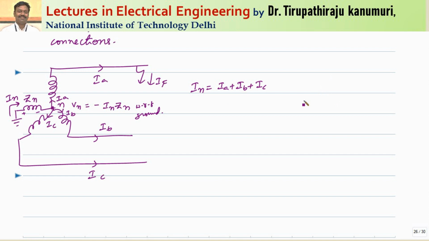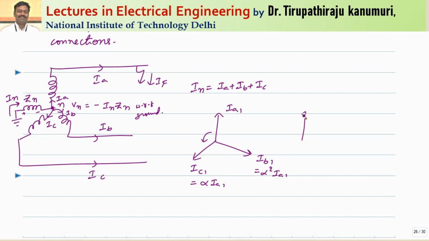You agree with me? So sequence components we have already seen, the positive, negative and zero sequence component. Positive sequence component current can be represented like this. This is IA1, and similarly this is IB1 and this is IC1. You can see IC1 is leading this by 120 degrees, so I can represent it as alpha times IA1. And here this one is leading by 240 degrees, so I can write this as alpha square times IA1.